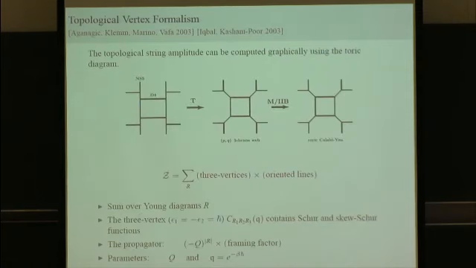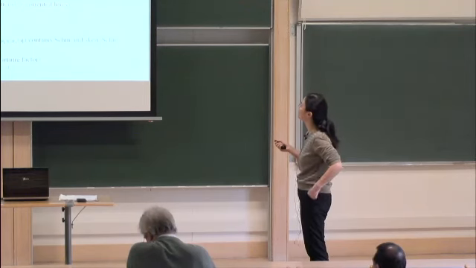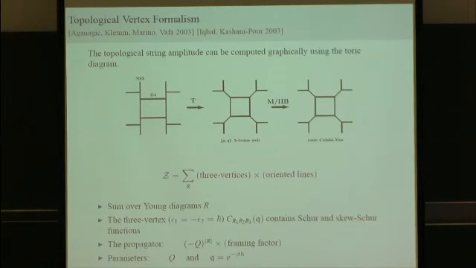Toric diagram can be computed. The toric diagram can be obtained from this brane picture by taking a T-duality, and then you uplift to the 2B picture. So actually, when you think of the toric picture, you're in the 2B case, although what you started with is the 2A picture.